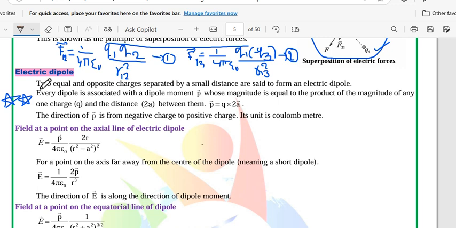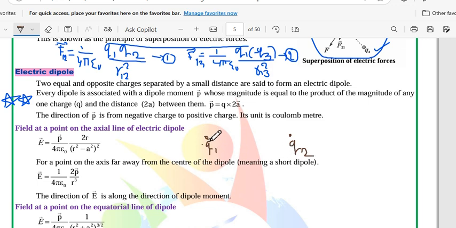They have given you here that two equal and opposite charges separated by a small distance are said to form an electric dipole. So what do you mean by two equal and opposite charges then? Okay, let us consider an example by making the simplification. Suppose these are two equal and opposite charges. Let us consider this one as Q1, and this is Q2 charge,